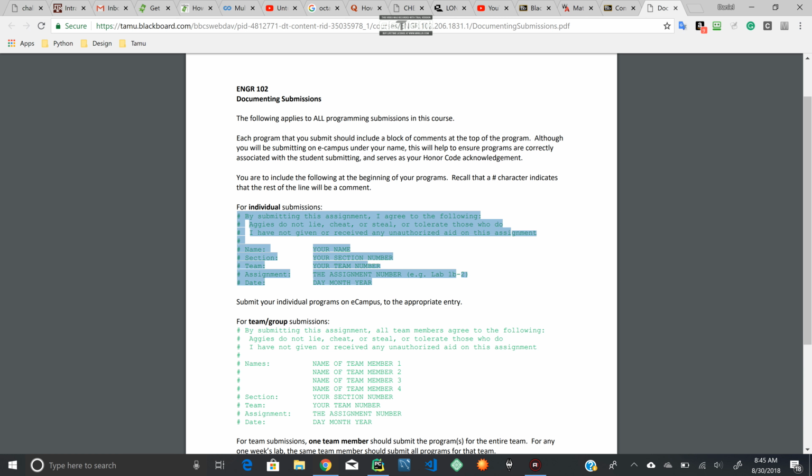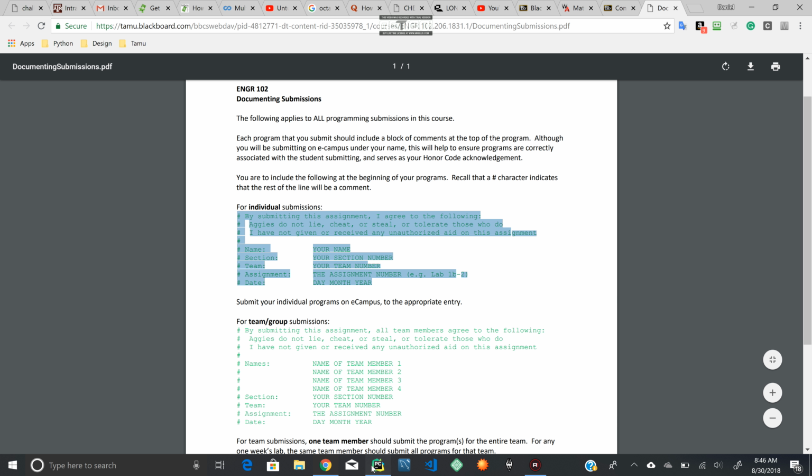Hey guys, I'm going to show you how to set up your header on each one of your Python files without having to go into the document submissions PDF and copy and paste it every time, using a feature called live templates in PyCharm. So just open up PyCharm,